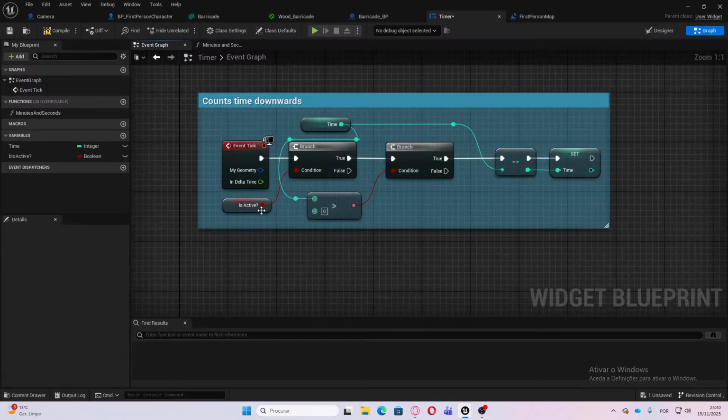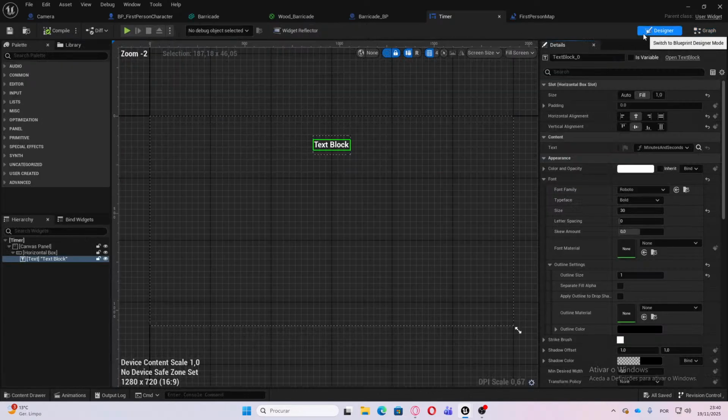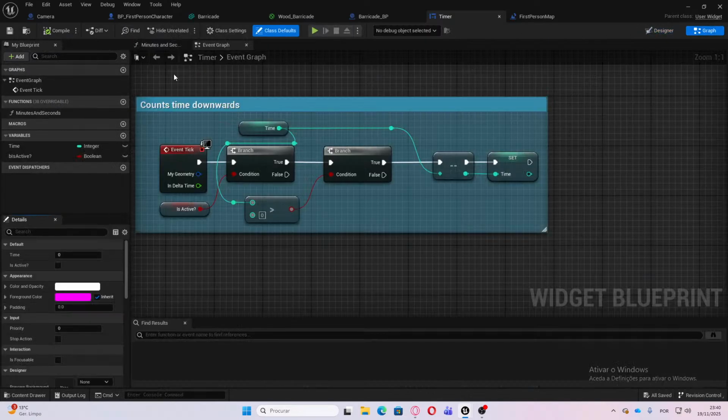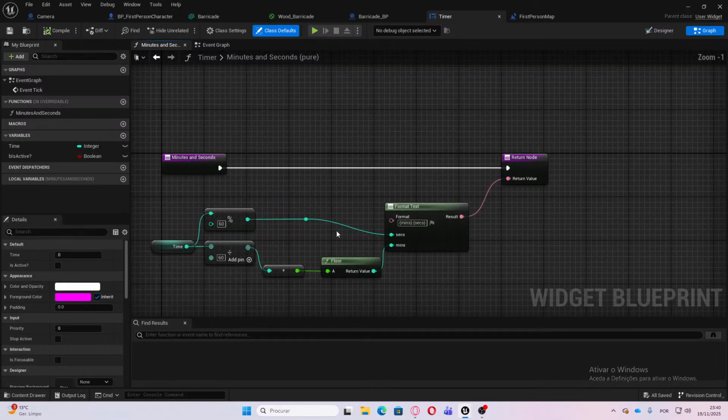So let's check it. So is active, yes. Then time, if time is greater than 0, it will decrease the time. Nice. So minutes and seconds is pretty much just display, and then